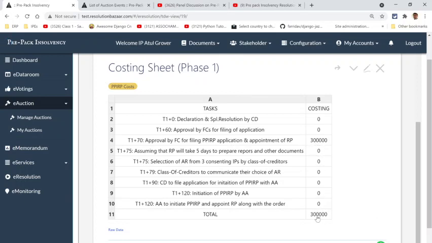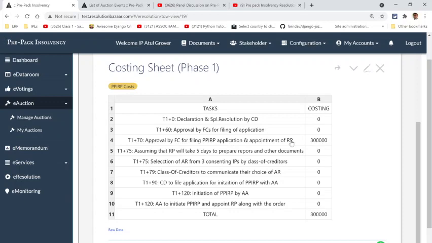But assuming that the adjudicating authority does accept the pre-pack application, then immediately you will have to put in another 3 lakhs or maybe whatever more in the bank, so that the RP can continue his process in phase 3.